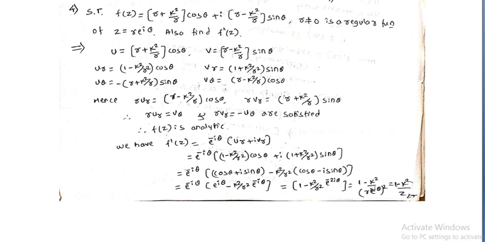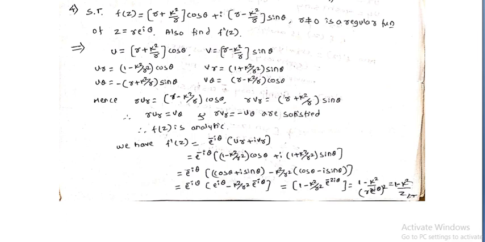Then use f dash of z equal to e to the power minus i theta (u_r plus i v_r), so use the results u_r and v_r. So (1 minus k square by r square) cos theta, plus i (1 plus k square by r square) sin theta, so 1 cos theta, 1 into sin theta is cos theta plus i sin theta, and k square by r square is common, so cos theta minus i sin theta. So cos theta plus i sin theta is e to the power i theta, cos theta minus i sin theta is e to the power minus i theta, and